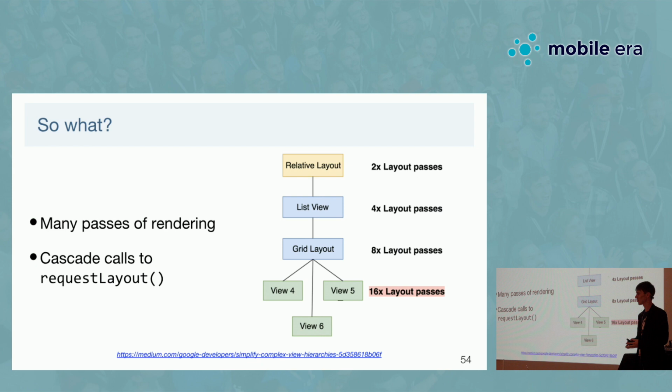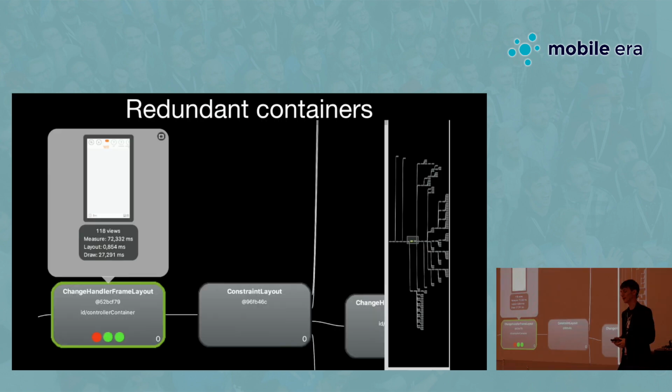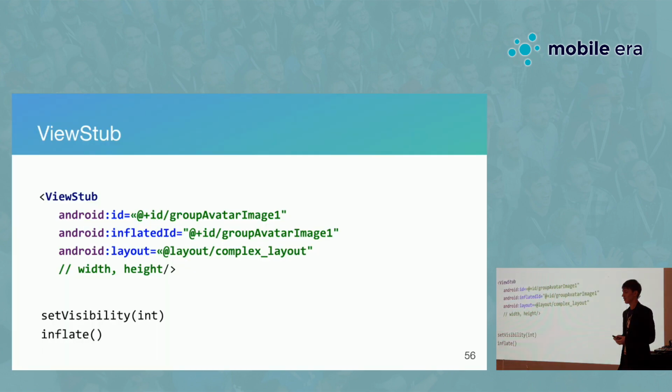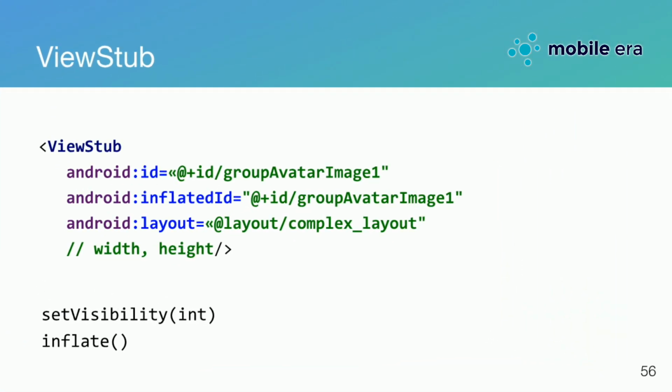Of course, now it's better because we have constraint layout. We are trying not to make these deep hierarchies. However, sometimes it happens. And we remove this container. And actually, we haven't seen much of a performance boost. Even all the numbers were more or less the same. And we'll discuss it a little bit later. But another thing that we've used and that helped us is a ViewStub.